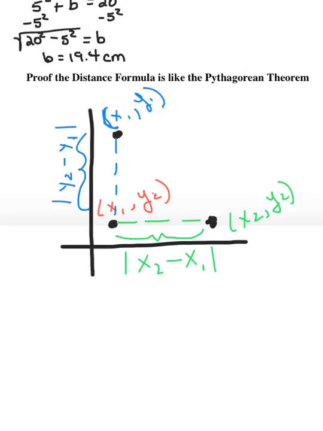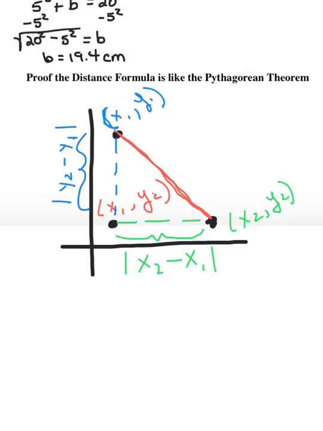All right, so first of all, the difference between my y values, this y2 minus this y1, this absolute value, or this distance right here, would be like side A. And this distance right here between my x values, between this x1 and this x2, is going to be this value right here, which would be like side B. So if I wanted to know what the distance was between these 2 points right here, if I wanted to know that distance,